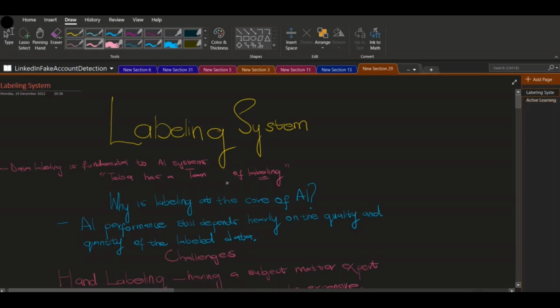Tesla has a team of engineers who are actually specializing in labeling. So labeling, I feel, is one of the most fundamental components for building an AI system. The performance of a machine learning model still depends heavily on the quality and quantity of labeled data. So getting into the different types and their challenges, the first type that we're gonna look at is